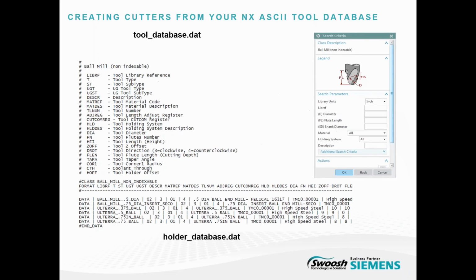If you're familiar with NX CAM, you're probably familiar with the ASCII tool database. It's down deep underneath the NX CAM installation. Any cutter that you define in NX to use in a program gets captured in the ASCII tool database. And we're going to talk about how we can take the data from that and automatically create the cutters necessary within